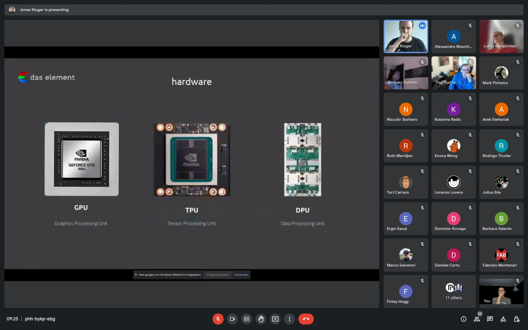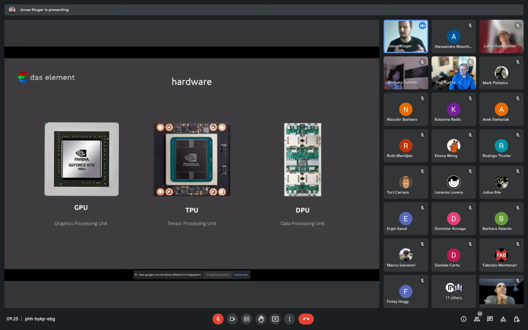All right, hardware. I think everybody knows GPUs, which are great for running these deep learning models. But the demand increased so much for machine learning and deep learning that the processor unit developers now also developed stuff like a TPU, which is very good at working with tensors.